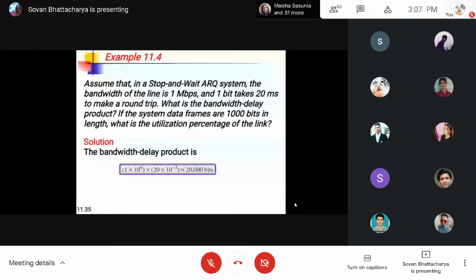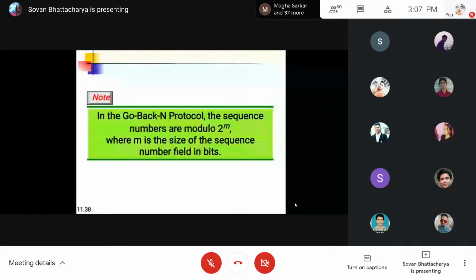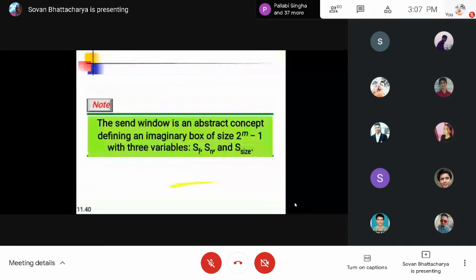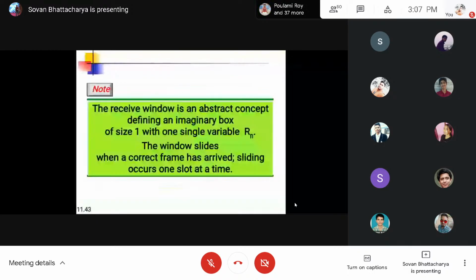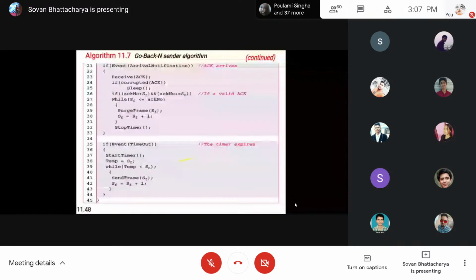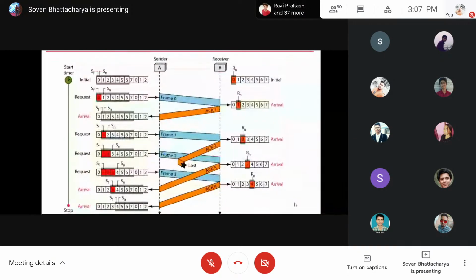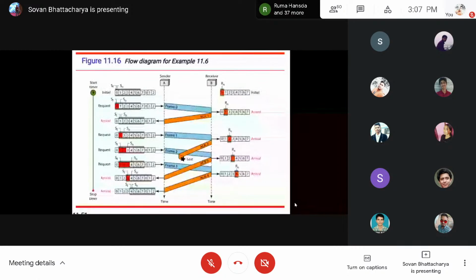For the calculation of the bandwidth, go back N ARQ. Okay, go back N ARQ. So in that case, you see, this is your flow diagram of Go-Back-N ARQ. Here is the start time and the stop time. So here, what happens is the sender is sending